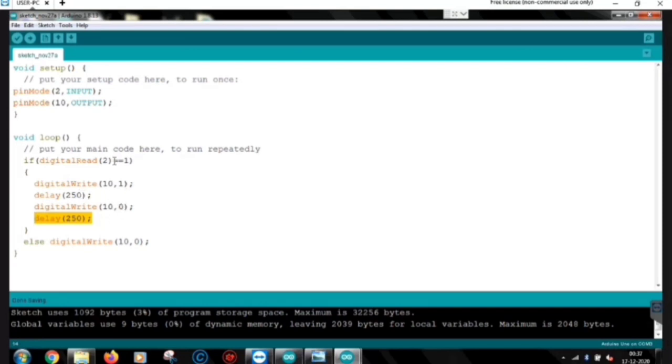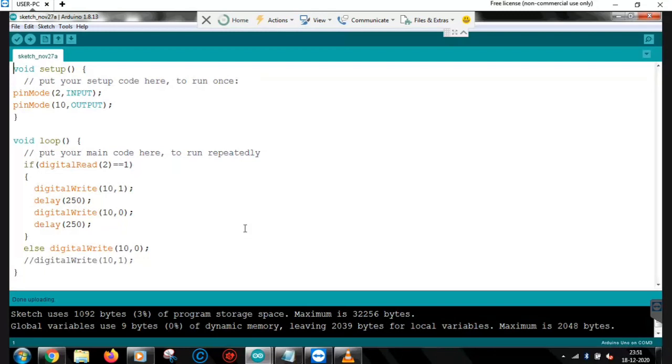And if the push button is not pressed or it is released, then this condition will fail. Okay, so if this condition is failed, then this statement will execute, and this will write low voltage or zero voltage to the 10th pin. So this will turn the LED off. Okay, so now this code will execute repeatedly. So it will check if it is high, if the button is pressed or not. If it is pressed, then blink, and if it is not pressed, it will be off. So it will continuously execute this part of code.